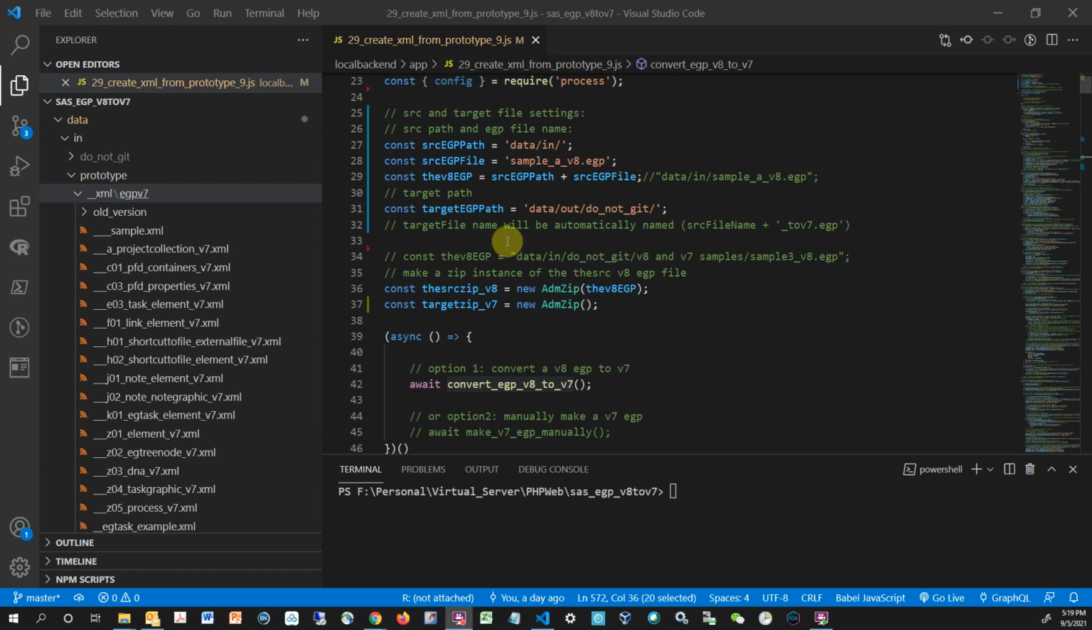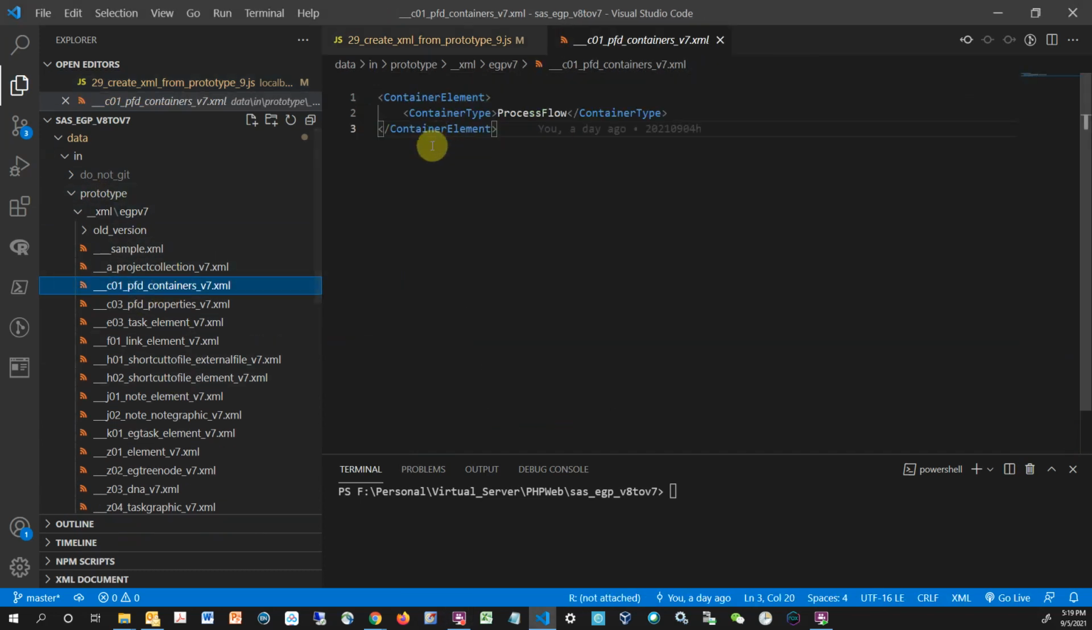So because this project.xml is a UTF-16 encoding file, all of these prototype XMLs that I'm going to make and read, which are the things that will be injected into that project.xml, all of these files have to be made in